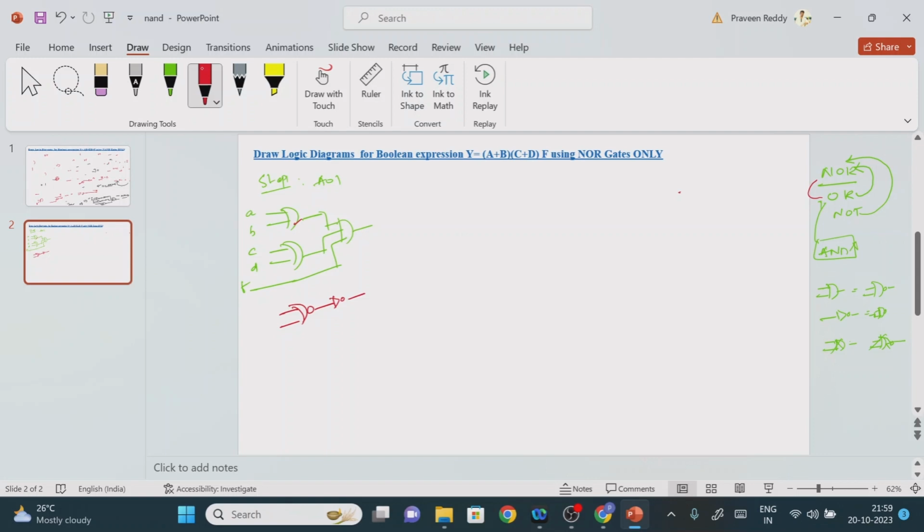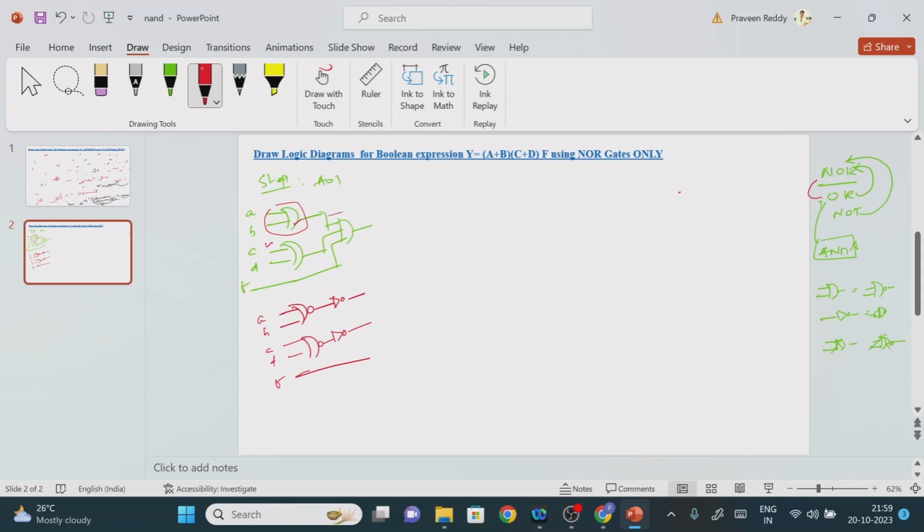Otherwise you can simply remember that an OR gate can be converted directly in terms of the NOR gate. Where we have kept the bubble at the output side, just add one more NOT gate at the output side. If you add the bubble at the input side, you add the NOT gate at the input side in order to perform the compensation operation. So this part is completed. Now we come to the next one. This is also an OR gate, part of the NOR gate design, so we can directly convert it in terms of the NOR gate. With one extra bubble at the output side, for compensation we need to add one NOT gate. So here we have F, A, B, C, D, F.